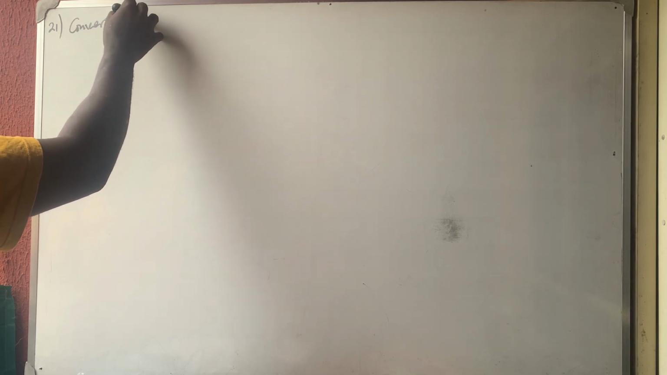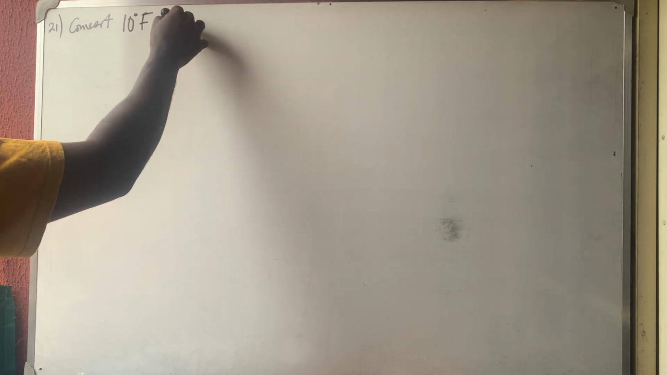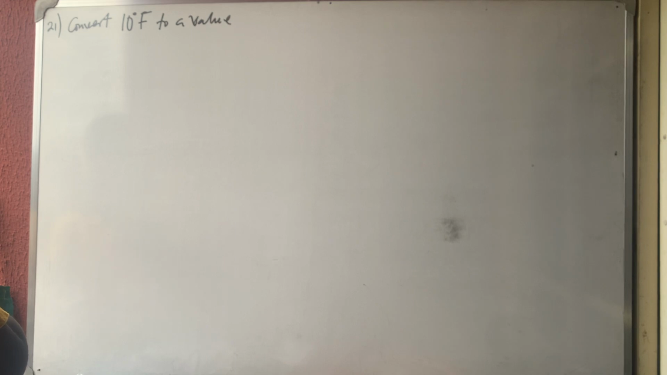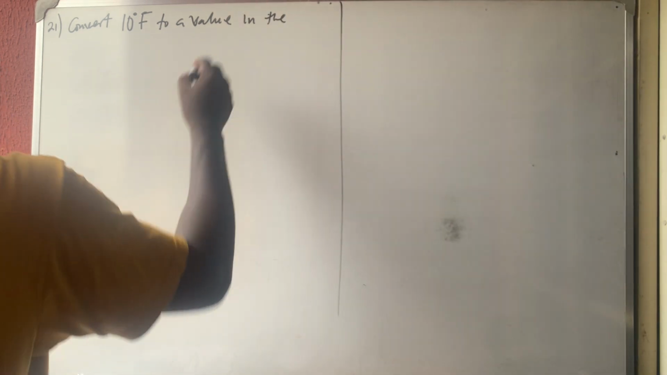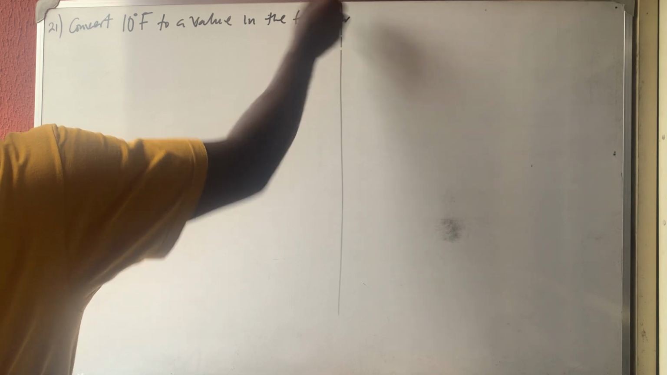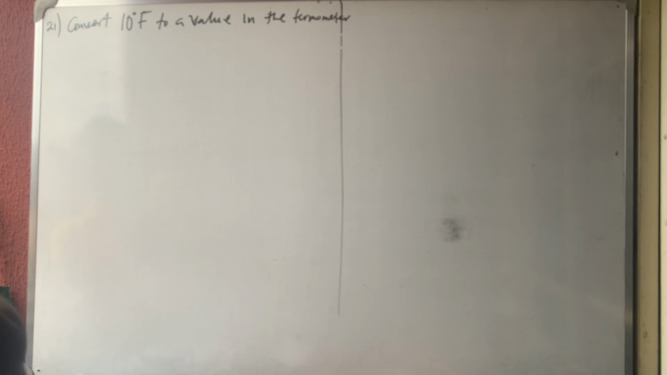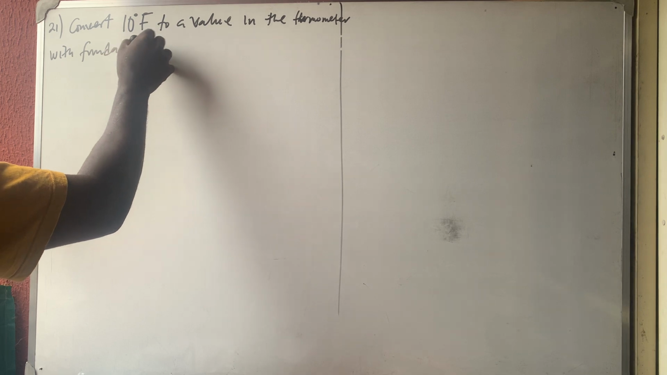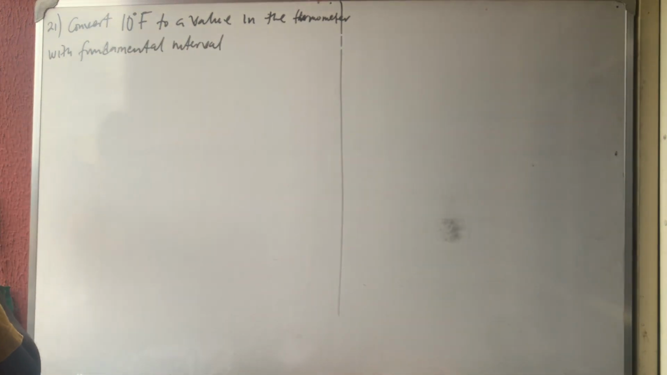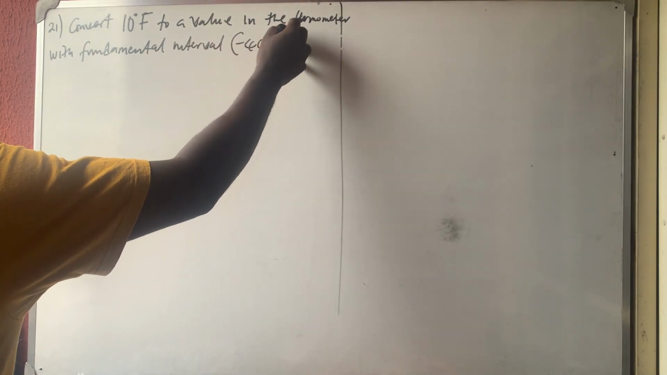So question number 21 said, convert 10 degree Fahrenheit to a value in the thermometer with fundamental interval minus 40, 30. Okay,